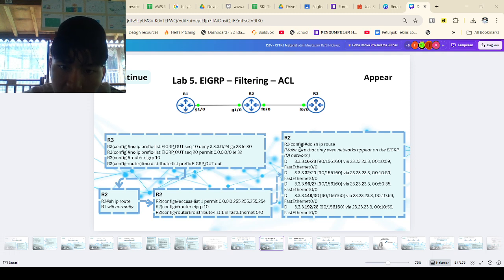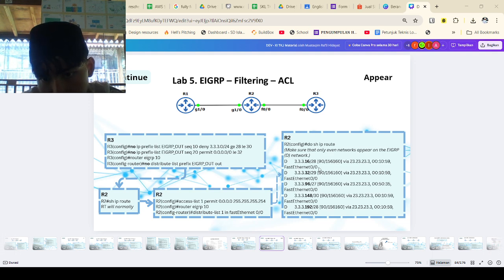Then we apply that access control list as a distribute list on the interface to R3. So that means R2 only accepts the route updates from R3 that match the access control list. Everything else is ignored. Everything else is banned.